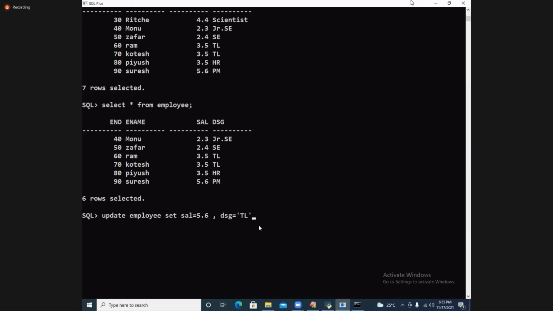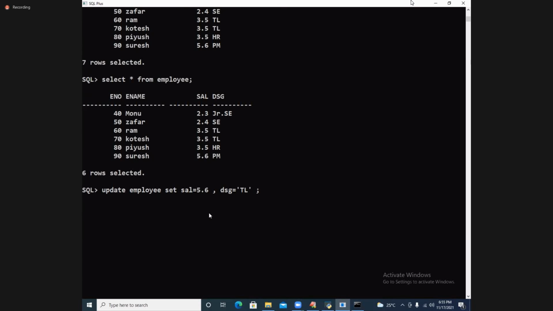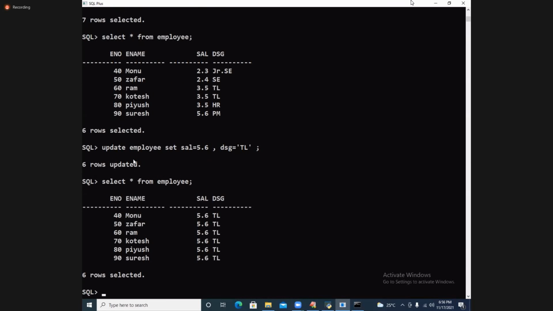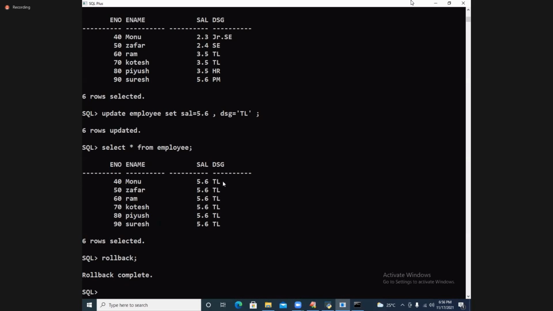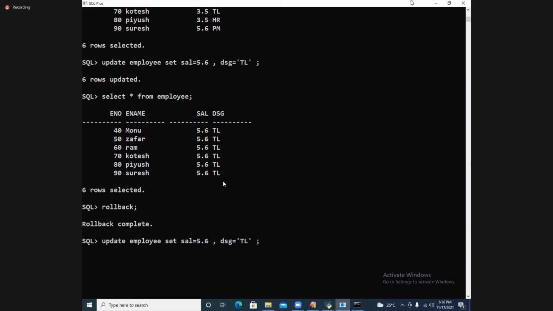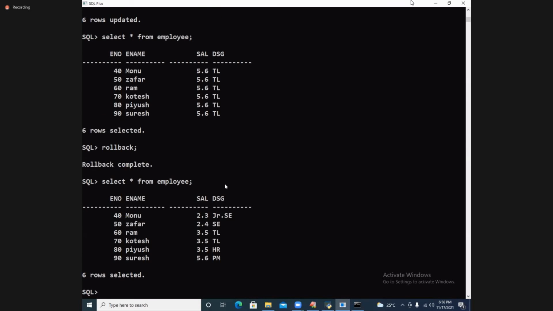Enter. If you don't write the condition, everybody will become TL and 5.6 only. See? 6 rows updated. No condition now, so all the rows are updated. If I say select star from employee, you are getting all 6 rows updated as TL. I don't want that, so roll back. Get the things back. Select star from employee. I'm getting back the original data,